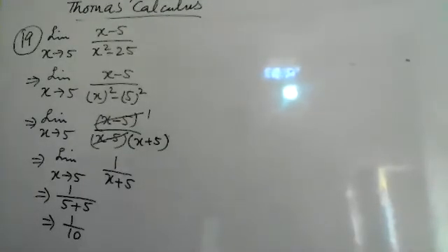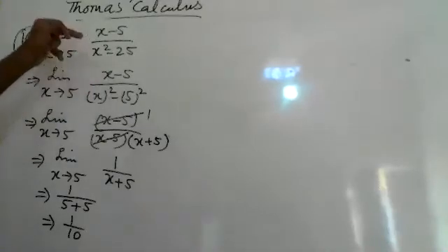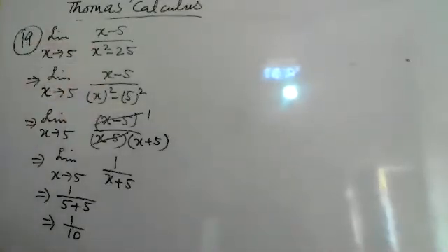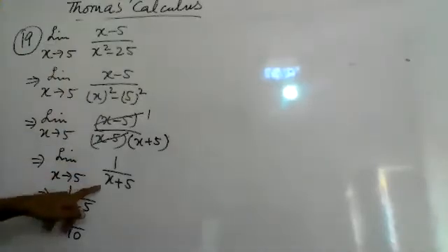So this is the answer. This is the way we will make the factors of the denominator or the numerator or for both. Then we'll cancel out the common factors and put the values of x in the remaining factors. And one thing more, you must note it down that until I am writing x in the expression, I have